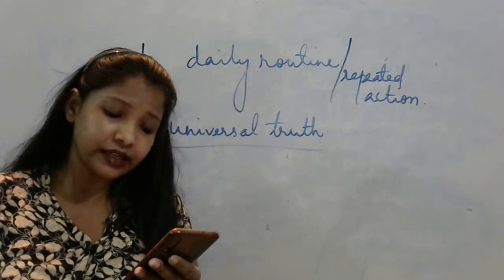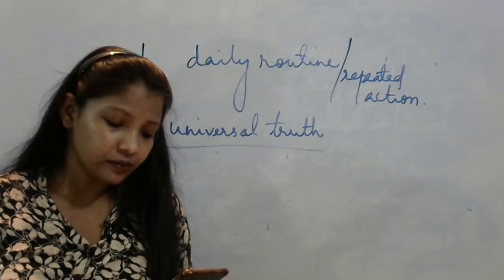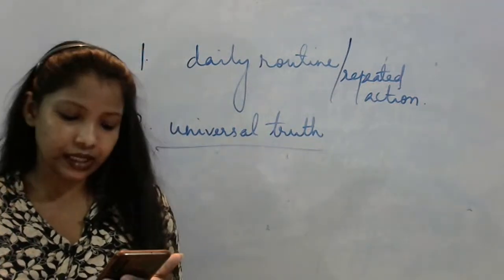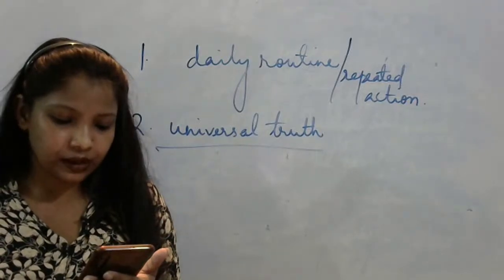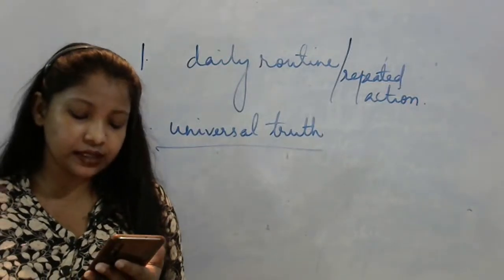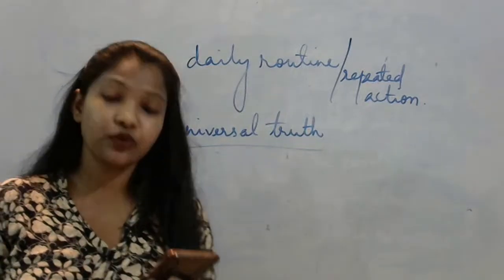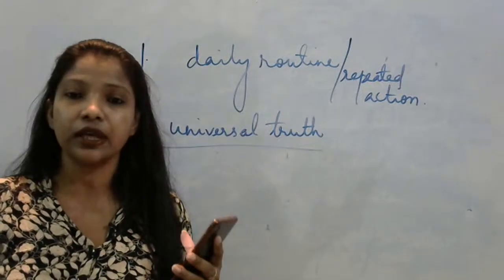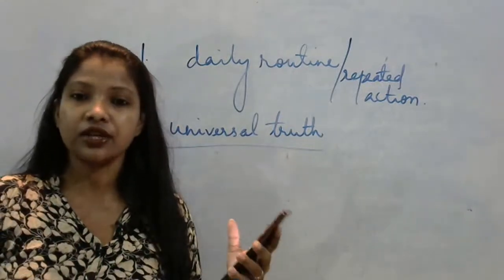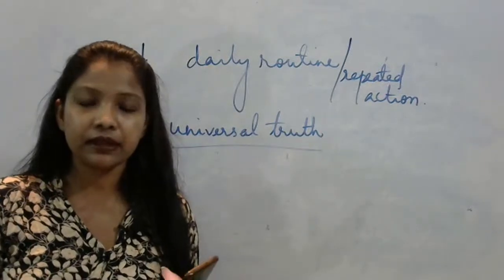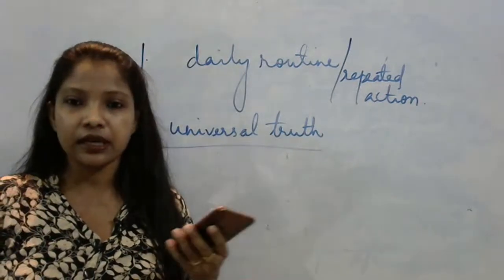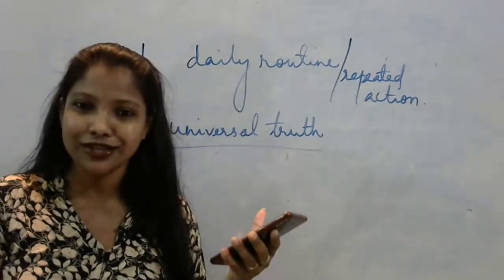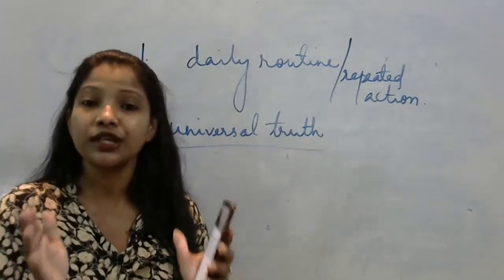Vinayak, earth rotates near the sun. Okay, where there is a will, there is a way. Okay, that's a proverb. Yeah. The universal, somebody has written, I think this is Deepmala. Universal truth मतलब कोई ऐसा action जो कि हर जगह हमेशा सच है. For example, the sun rises in the east. Whether you are in India or whether you go to US, हर जगह आप कहीं भी जाओ, sun east से ही rise होता है. So that goes under universal truth.